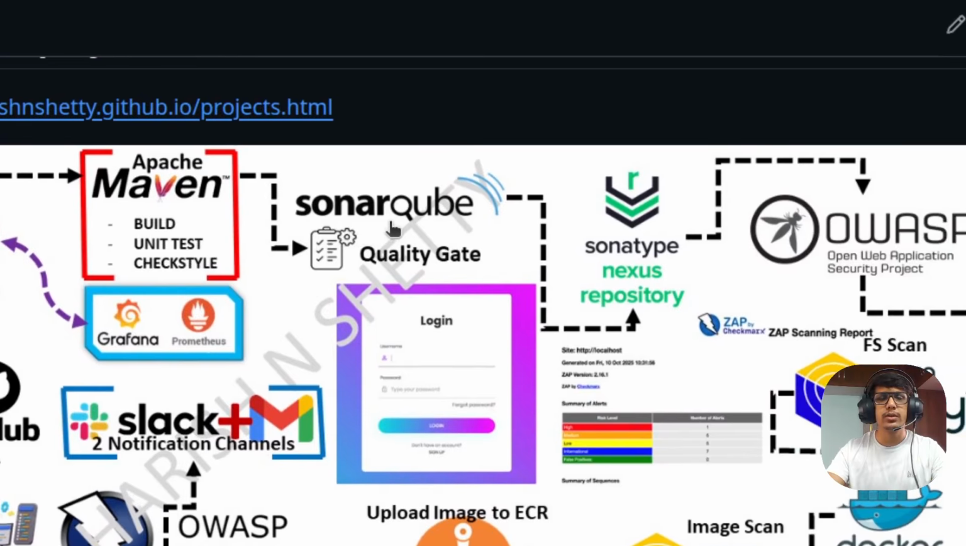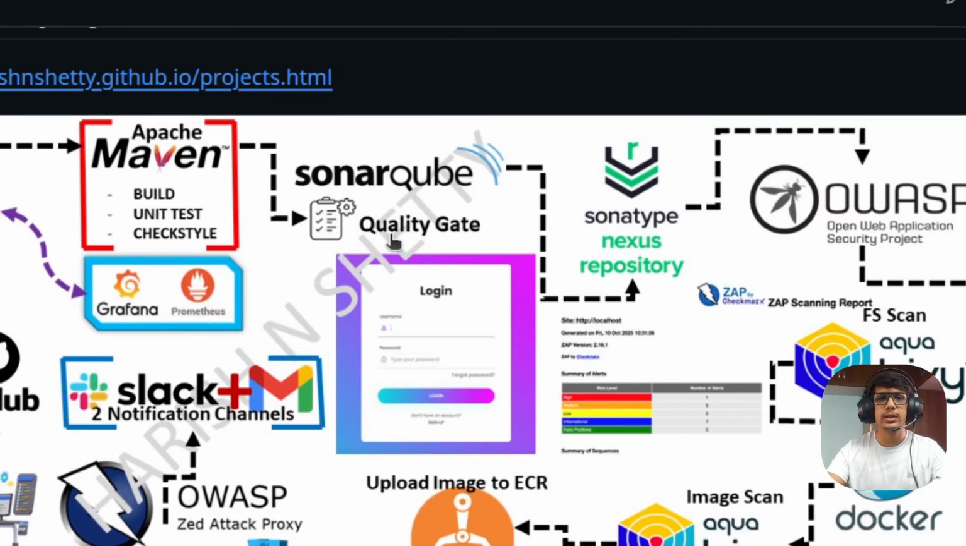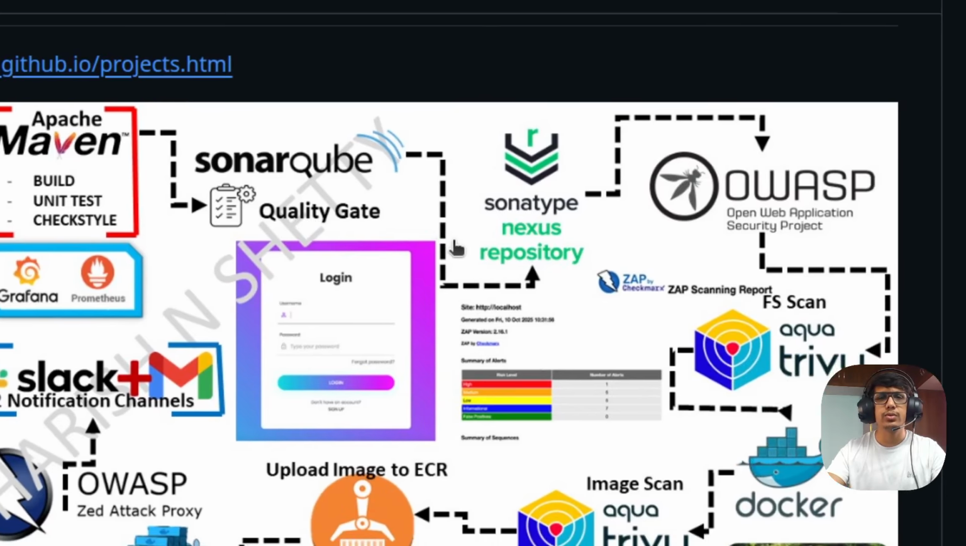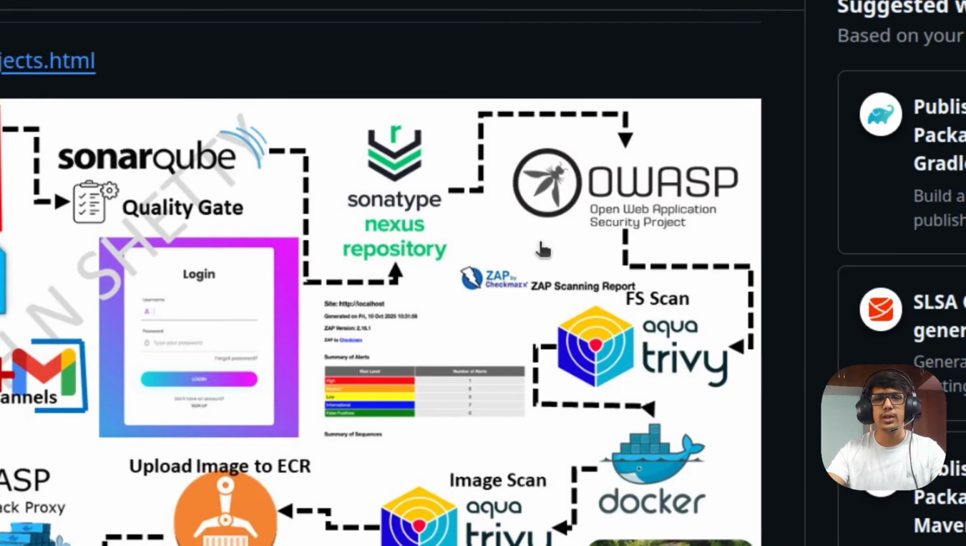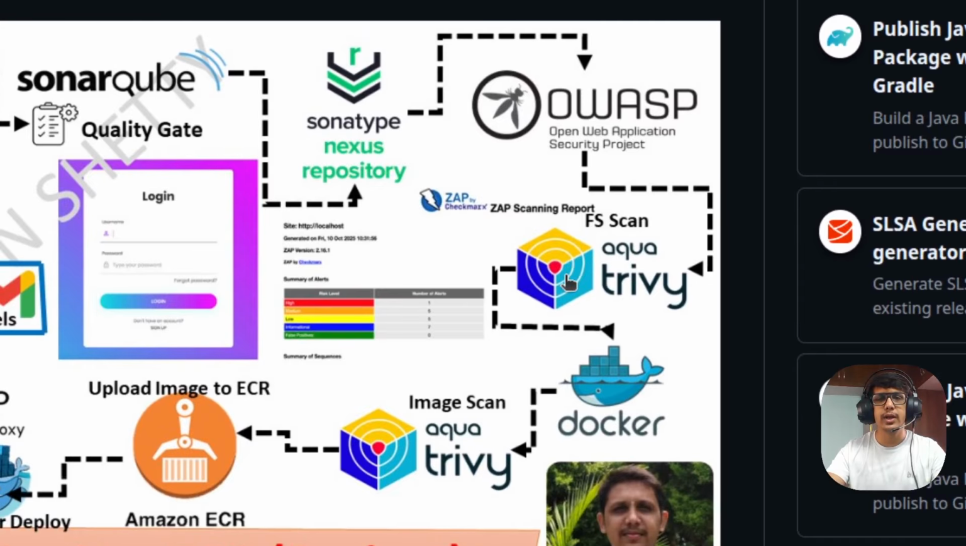Here we are using SonarQube for hotspots, bugs, vulnerabilities, all those things, and one of the stages is the quality gate. If the quality gate passes, the pipeline will move further. The artifact we are going to store in the Sonatype Nexus repository. We are going to set up the Nexus server also, and we are using OWASP for the dependency scan, and for the file scan we are using Trivy to scan the resources of your workspace of this